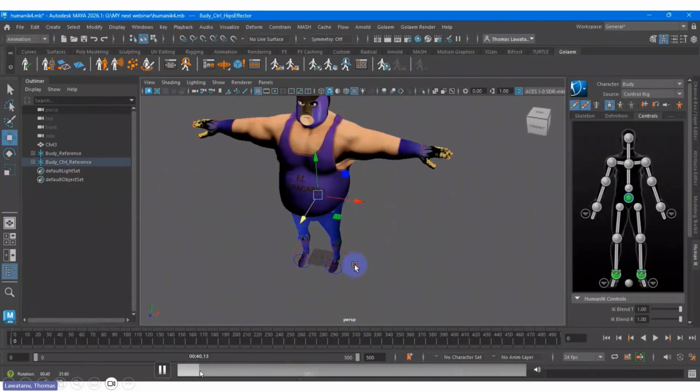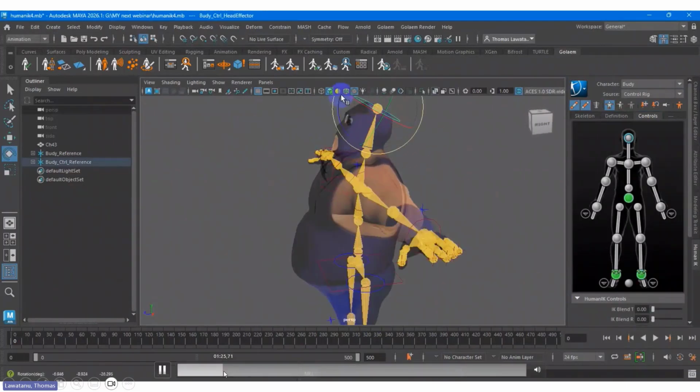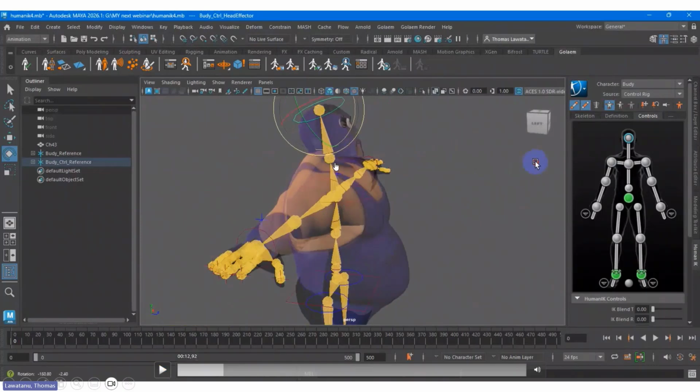Okay, this is just to check everything. When I move this rig, the part of the head is stretched. That's why we need to do some paint weights. I think this is the step.